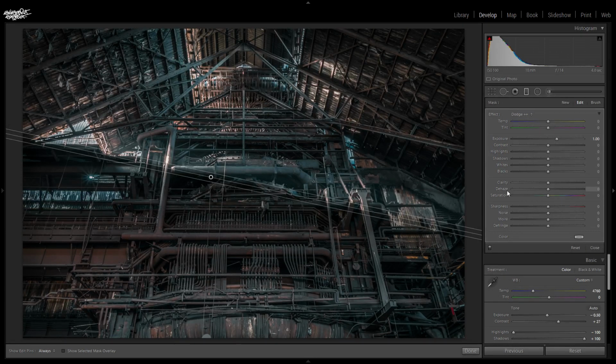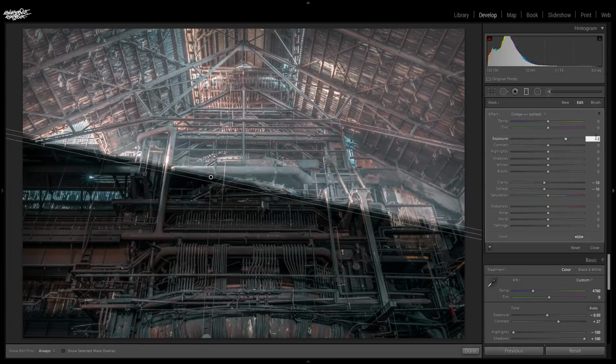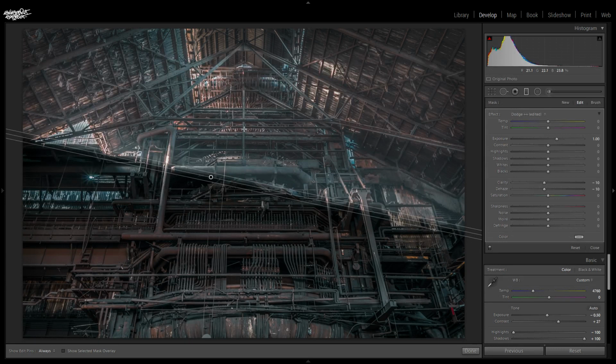I'm also going to bring the dehaze down with -10. And I'm going to bring the clarity down with -10, I think. Yeah, let's bring the clarity down, and let's bring the exposure up with, yeah, 1 is good enough. We can also add a little bit of blue, so let's drop this to -25. That looks pretty good. So now what I want to do is duplicate this one,